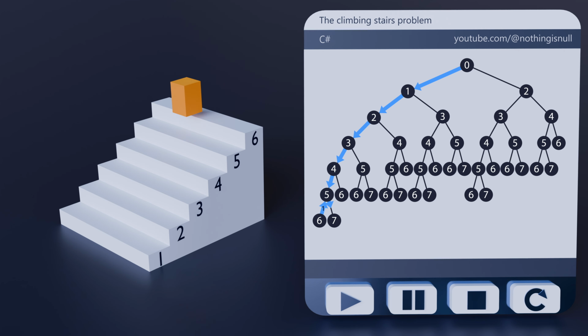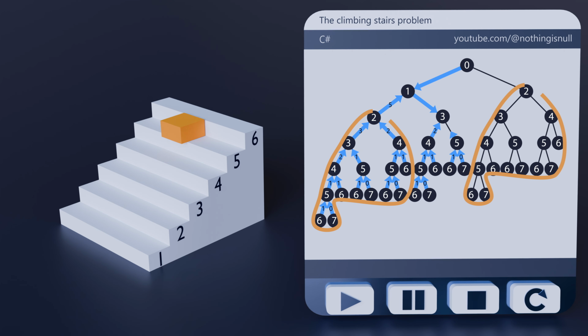This technique explores one branch fully before backtracking to handle other possibilities, diving deep to the base cases before retracing steps. But rather than the path itself, there is one interesting thing we can notice in this traversal. We compute the result for the fifth step quite early. Later, we find ourselves recomputing it. And it's not just the fifth step, we end up repeating computations for other steps as well. This seems like quite a waste.